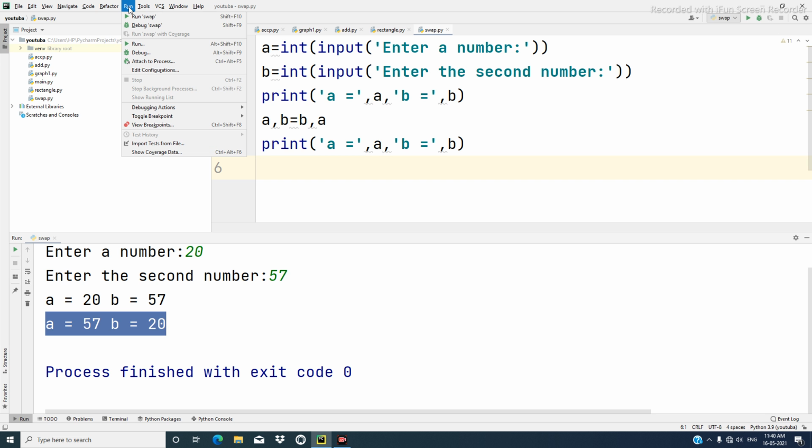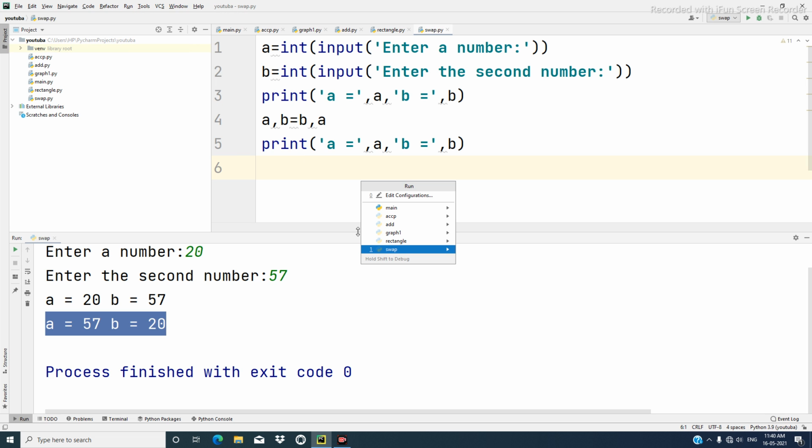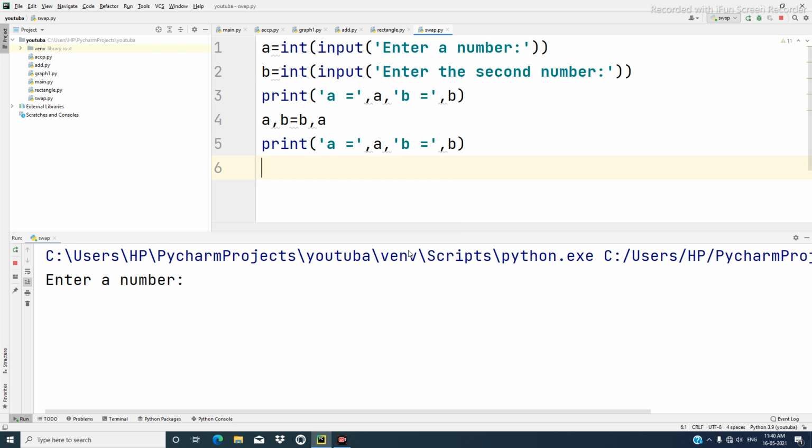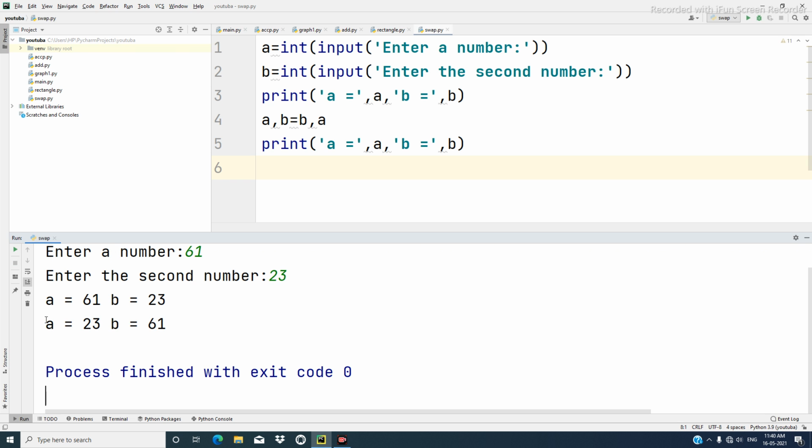So we again go to the run menu, come down, run this, and then we press the file over here. Again asking for a number, so give 61 and say the second number 23, enter. So you see when we entered the values were 61 and 23, but after swapping A is equal to 23 and B is equal to 61.